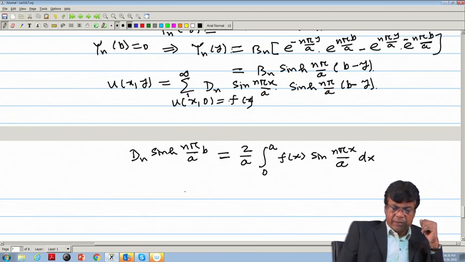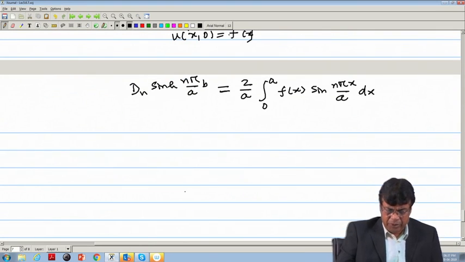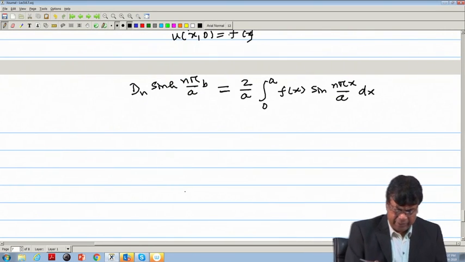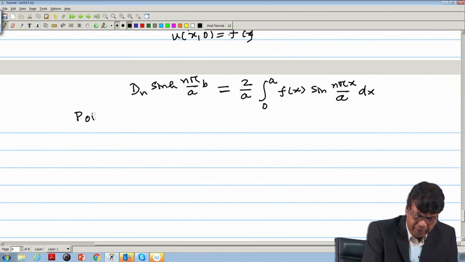Now, in some cases we have a non-homogeneous situation, and we have already discussed one such situation. Non-homogeneous means we have to expand the non-homogeneous term in the form of a series expansion, the eigenfunction expansion technique. That is the thing we have utilized. So, for example, even the Poisson equation can also be solved by the same method. Poisson equation means what we have is,